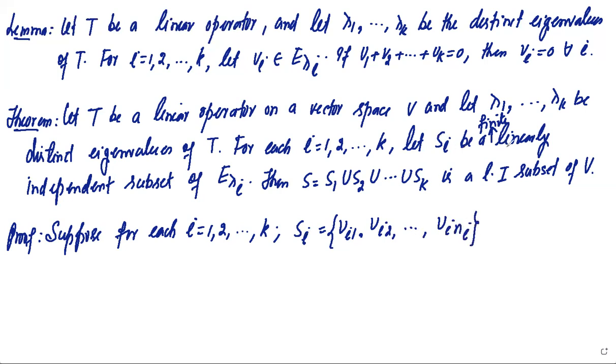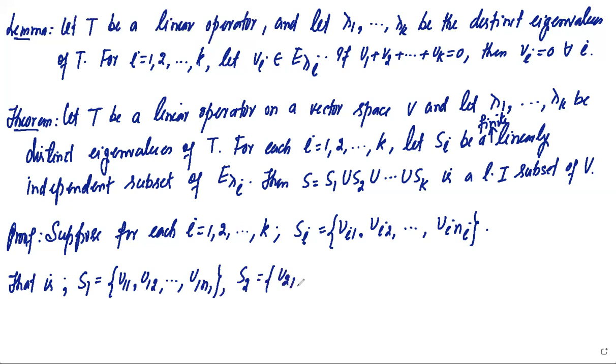Since we are assuming Si is finite, let the cardinality of Si be equal to ni. So we are writing S1 as V11, V12, V1n1, S2 as the set consisting of the vectors V21, V22, V2n2,